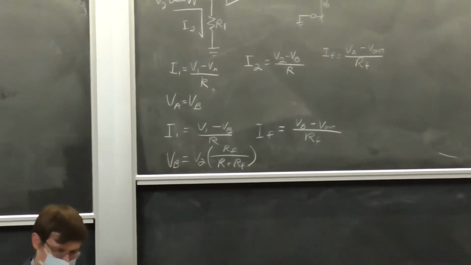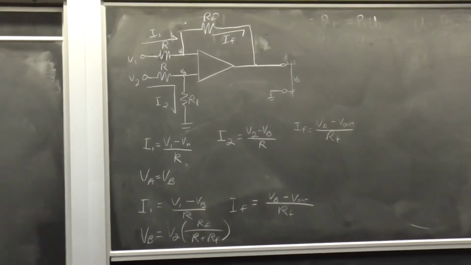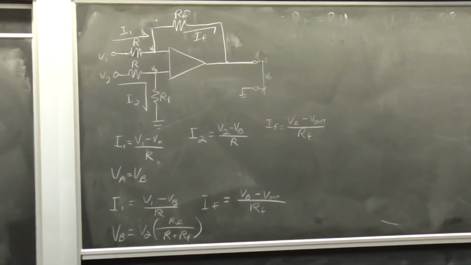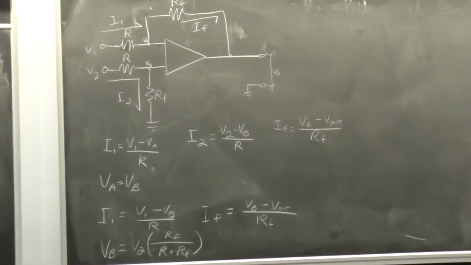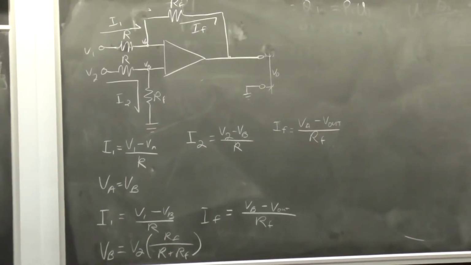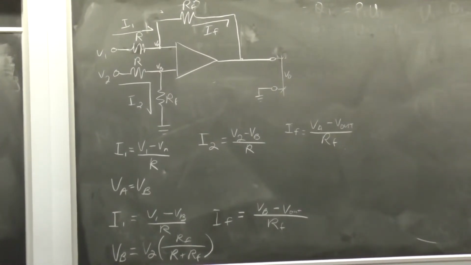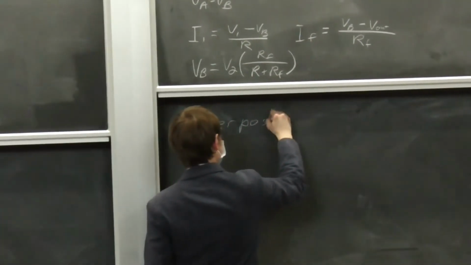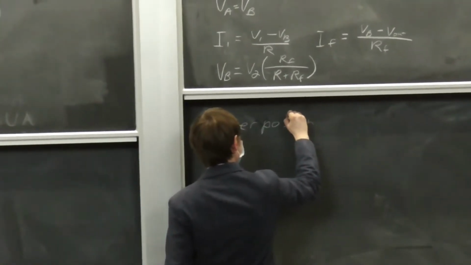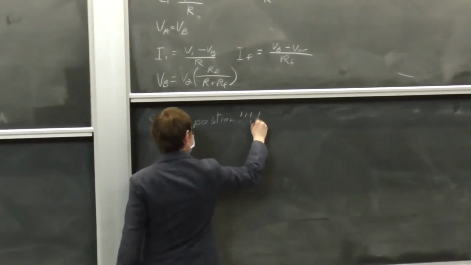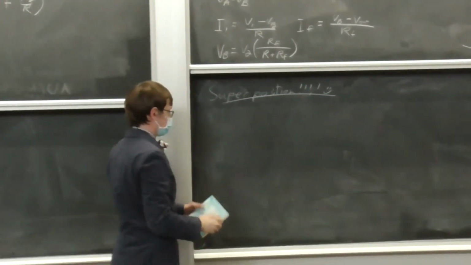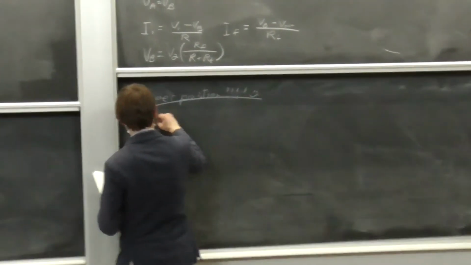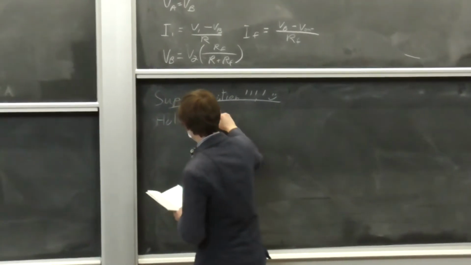So, from here, we notice that we have two independent voltage sources, V1 and V2. Our next step is to perform circuit analysis using superposition. Superposition. So, holding V2 equal to 0,